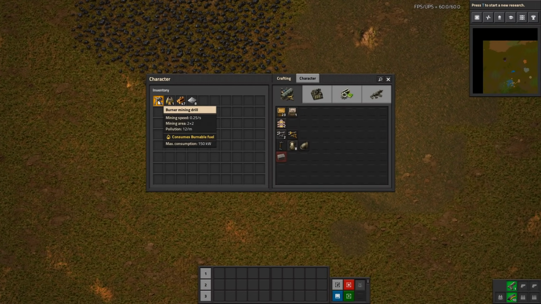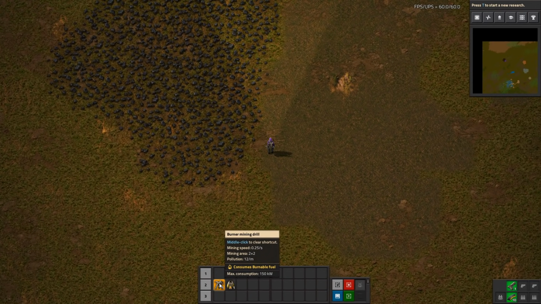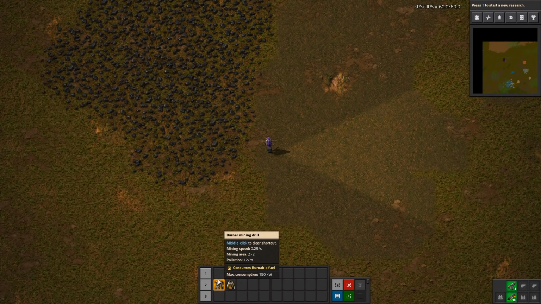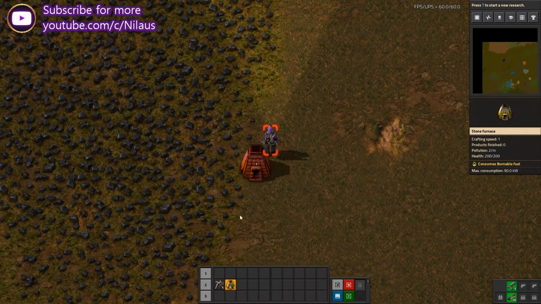So the first thing we can do is take our burner mining drill. I'm going to put it on my hotkey, and a stone furnace also. So let's just walk through what this means. These toolbars here are only references. You don't actually store items here. You just have a reference to how many you have in your inventory. So when I pick something up here,